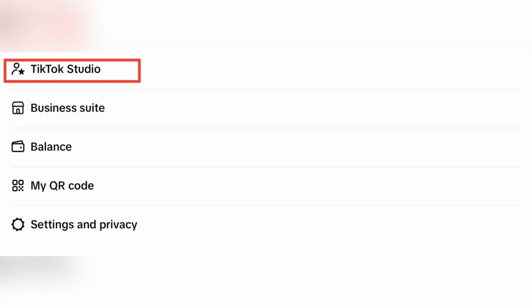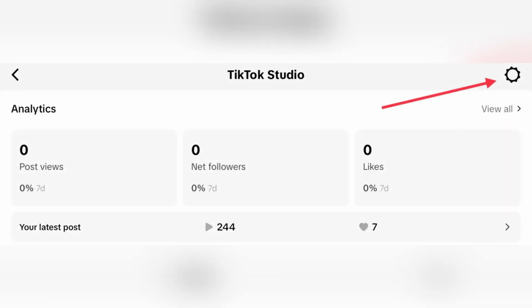Open the TikTok app and go to your profile page by tapping on the profile at the bottom. Tap the three horizontal lines at the top right corner, and from the menu, tap on TikTok Studio to open the Creator Tools. In TikTok Studio, tap the settings gear icon located in the top left corner and look for